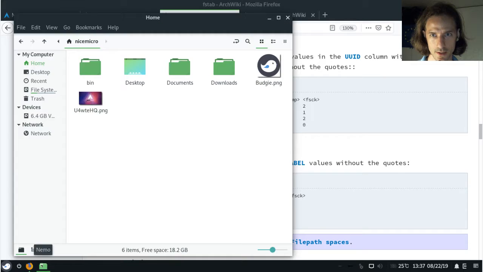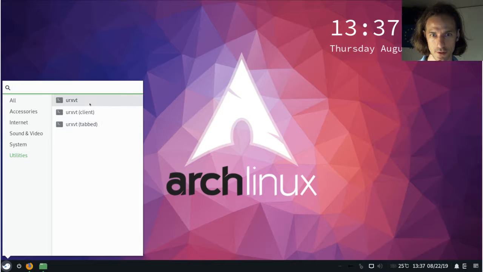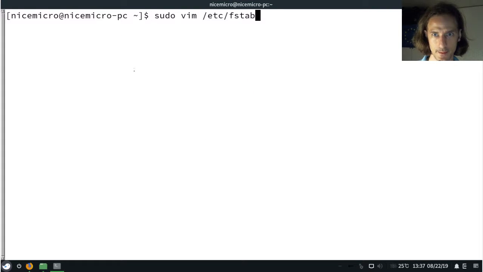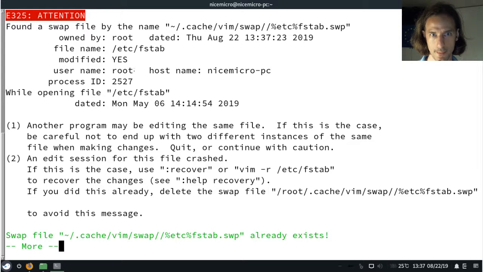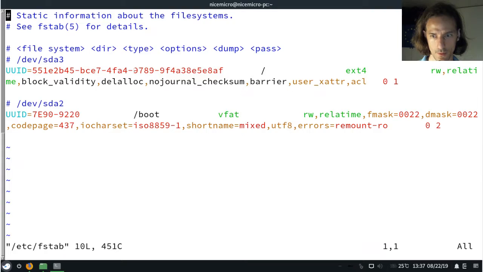Oh, what did I do? Did I accidentally close my urxvt? I did close it. Delete. And let's start again. Okay. So I was just saying that this is a command line